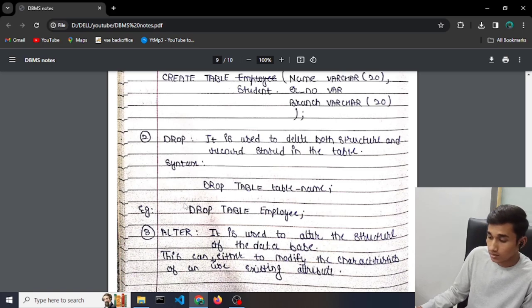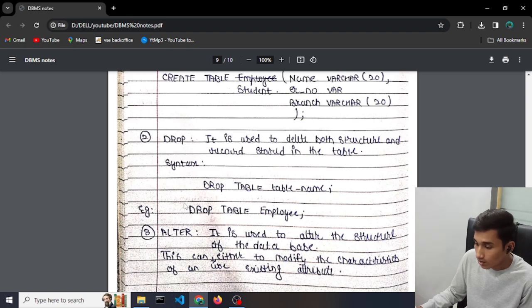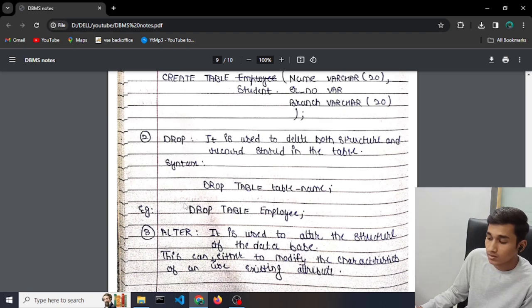Okay, the third command is the alter command. It is used to alter the structure of the database. This can be used to modify the characteristics of an existing attribute. So what does this mean? By using this alter command you can change the content of your table. Okay,